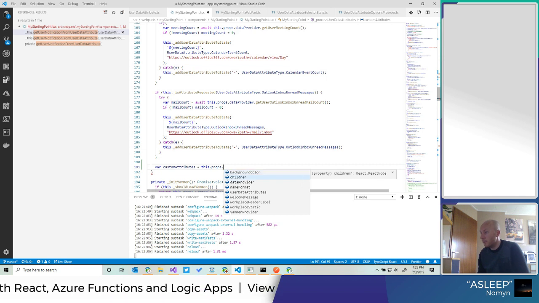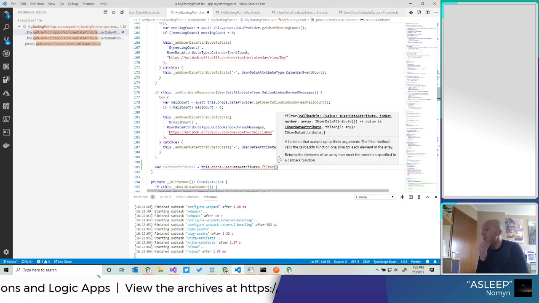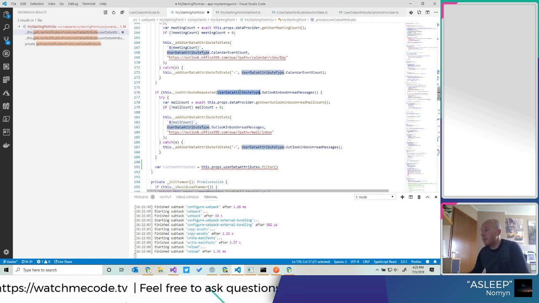They are in our props over here. We might be able to filter them, but how do we know for sure? Basically, we want to check if the key is not within one of the built-in keys. So we have this enumerator, which has a set of keys.